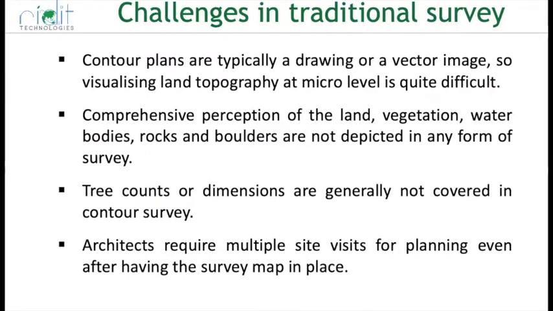If you see this slide, it is quite evident from the feedback that in most cases they have said that there might be limited data which we get at one go, and they have to adopt various other methodologies of data acquisition before they can actually start their planning. The survey of various components might be required to be done again and again.